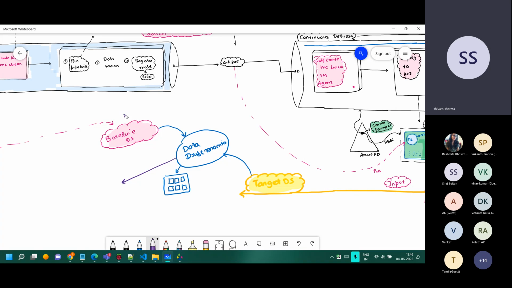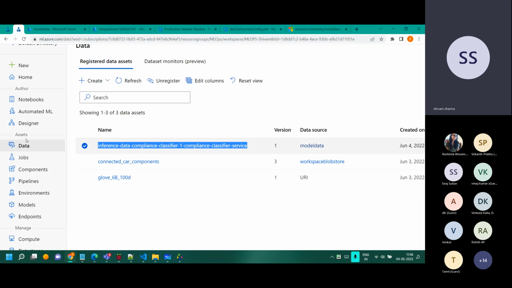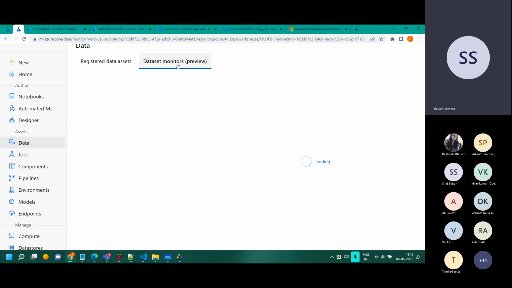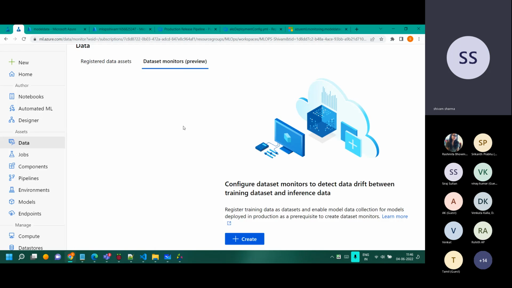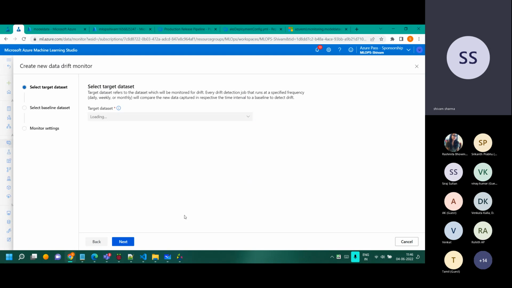So if there are columns like x1, x2, x3, and how do you do this? You can do it from here also. Data set monitor. This is a data drift monitor. The full name is data drift monitor. We'll say create.